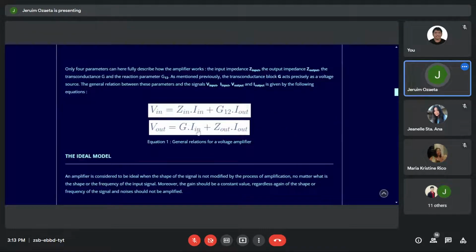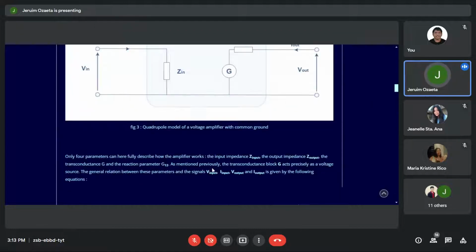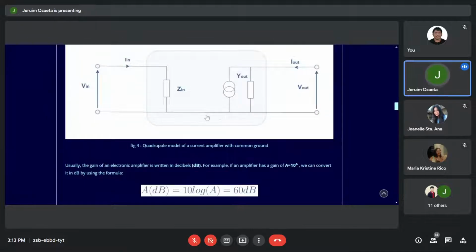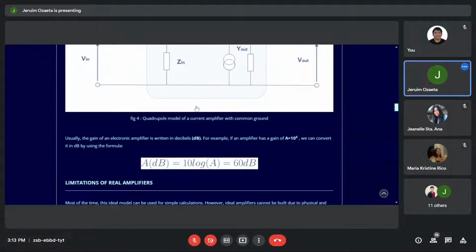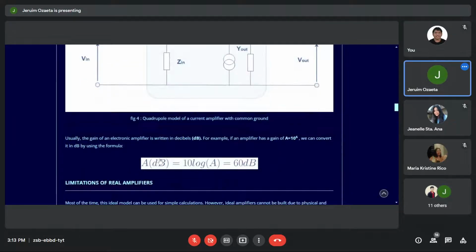So here is the equation. V in, V out, well, it's just easily determined by looking at the diagram. Okay, so the same. And here, you see that the decibel or the gain is